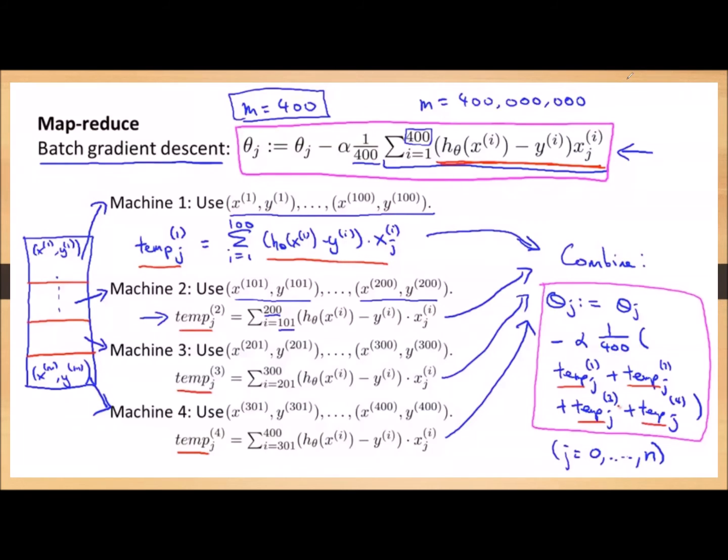After the computation, we add these 4 results in a master computer. In that master computer, all 4 results will be summed up. This is how, even when we have 1 crore training samples, we can divide them: 25 lakhs training samples for the first computer, the next 25 lakhs for the next computer, the next 25 lakhs for the next computer, and the remaining 25 lakhs for the last computer. These 4 machines do the computations parallelly. After that, the results will be combined in the master computer.